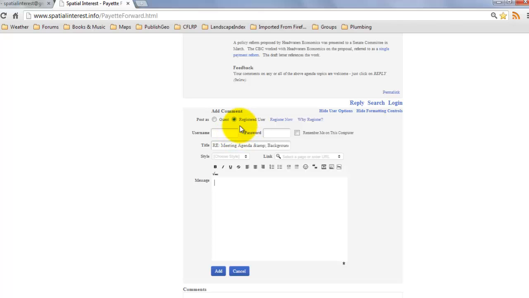There are two options here. You can register your name and a password, and there are some benefits to doing that. It makes it simpler for accessing more than one thread at a time and commenting on it. However, there is the challenge of trying to remember your password. The simplest method is to simply click guest. You can type in your name,